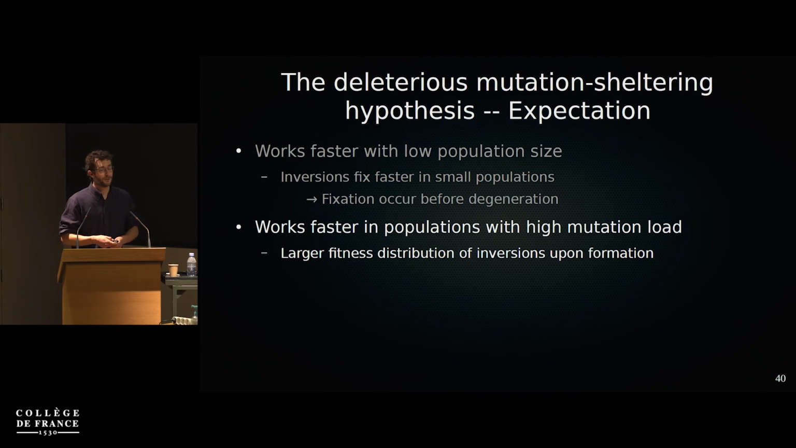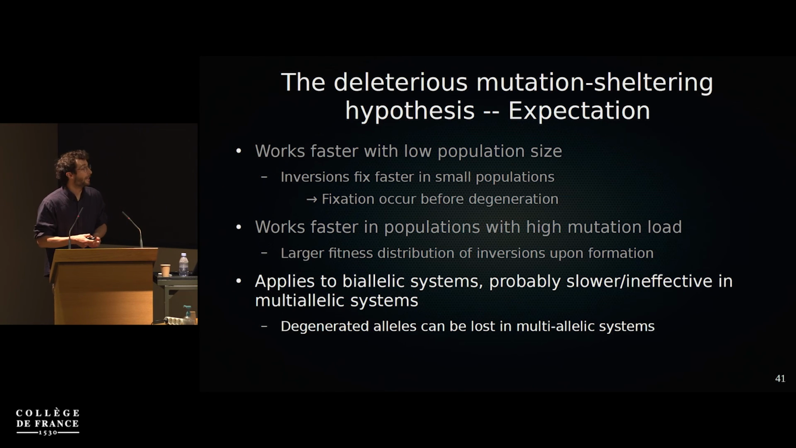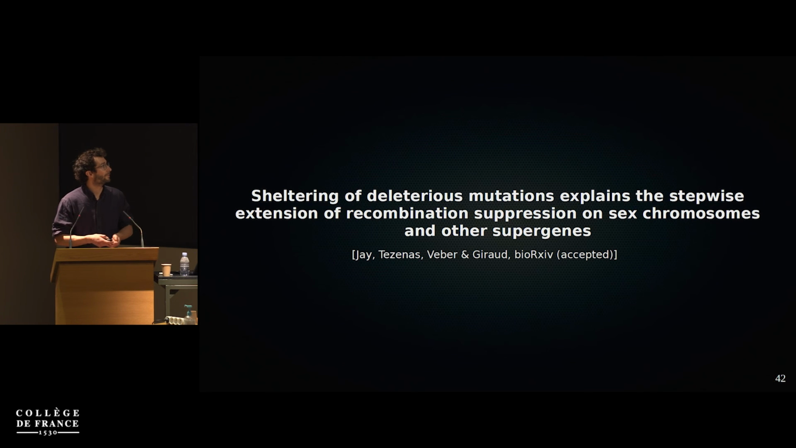And we can also show that this works faster in populations with a high mutation load, just because this creates a larger fitness distribution of inversions upon formation. And finally, we also suggest that this model probably applies mostly to biallelic systems, and it's probably much slower or ineffective in multi-allelic systems, just because in multi-allelic systems, degenerated alleles can be lost, which is not the case in biallelic systems. And to finish, I just have to say that we provide a lot of data in the preprint,